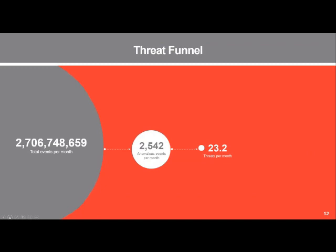The average organization today generates about 2.7 billion unique transactions in their on-premise service or in cloud today. These are things like user logins, file uploads, document edits, and so forth. And with this volume of transaction data, it would be impossible to manually search through an audit trail of activity